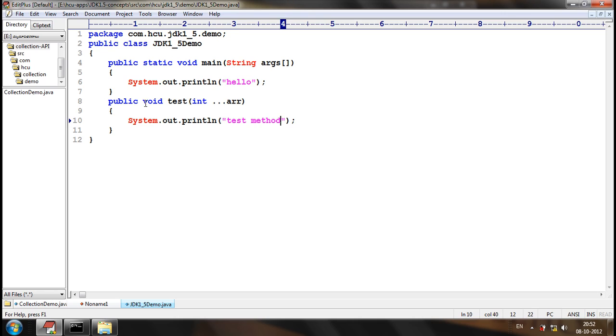Let me make it static so that I need not create the object. Varargs will have a syntax like data type, space, three dots. After the three dots we should give the identifier name.